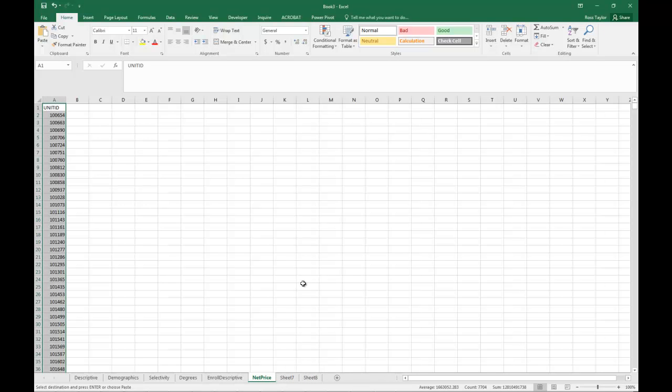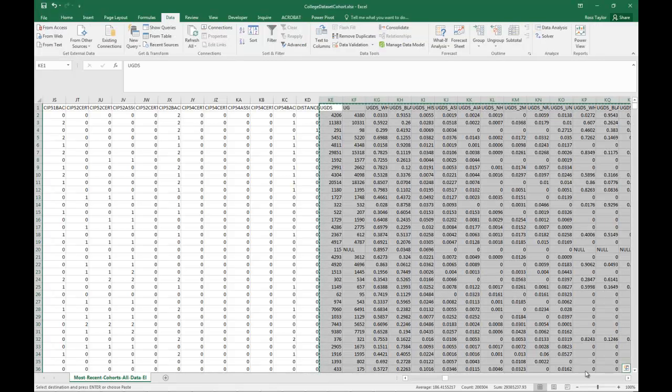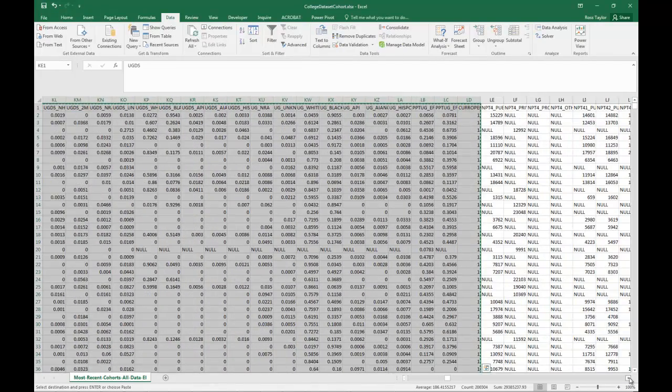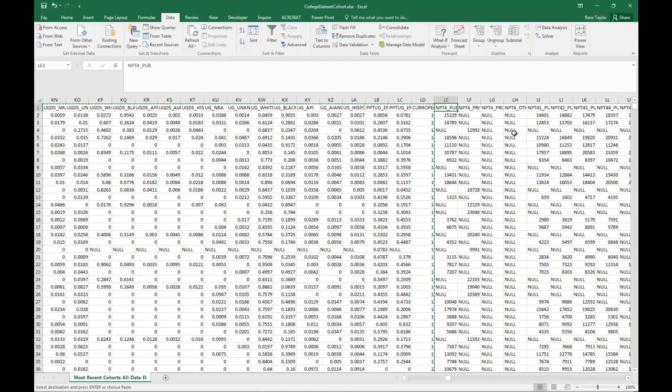Okay, and for my net price, once again, cohort group, and my net price starts off with the NPT and